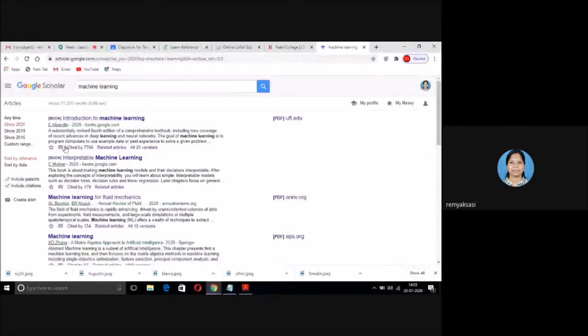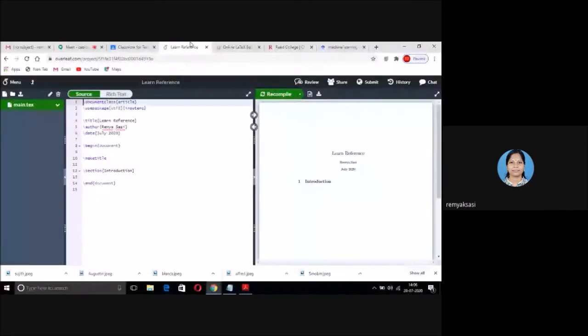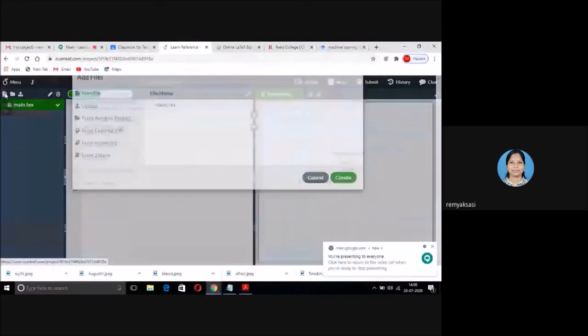Now for giving references, we have to create a reference file. See, this method I am following mostly. Instead of having a text file alone, we will have a reference file as well. So, how to create a reference file? See, below the menu, the first button is a new file button. So, just click on that.